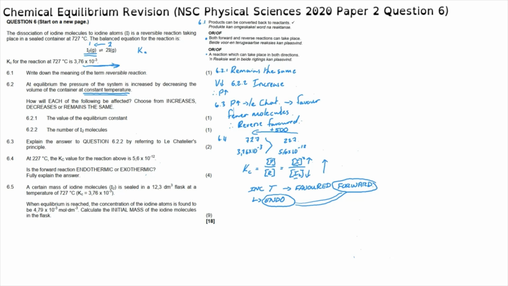Now, this question has a number of ways that it can be solved, but the most common one is to use what is called either a Schreck or an ICE table. And we do that by starting out with the one calculation that we can do, where we start with our Kc expression, where Kc for this reaction is the concentration of the iodine atoms to the power of its exponent, divided by the concentration of the iodine molecules, where the concentration of the iodine atoms and our value for Kc is given as